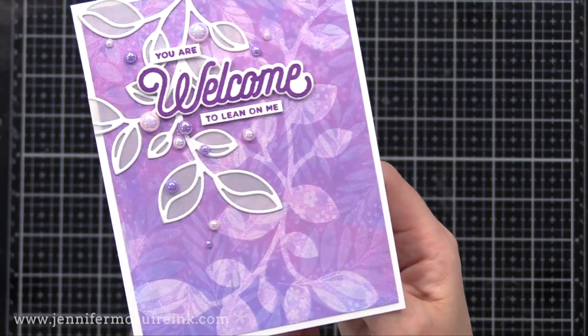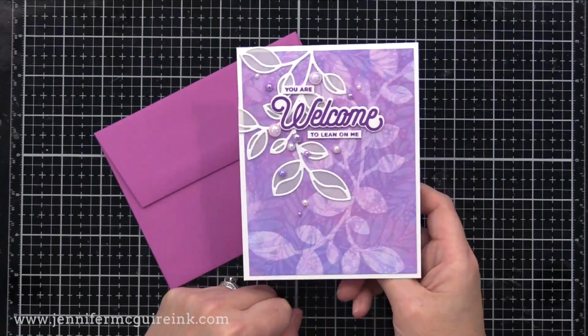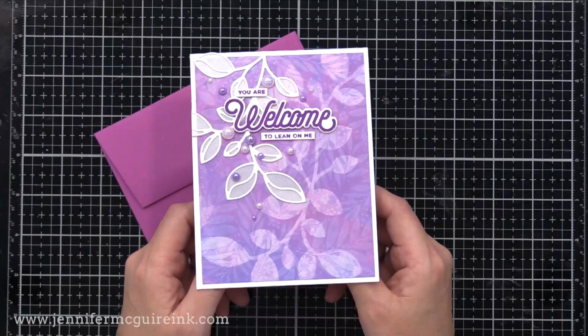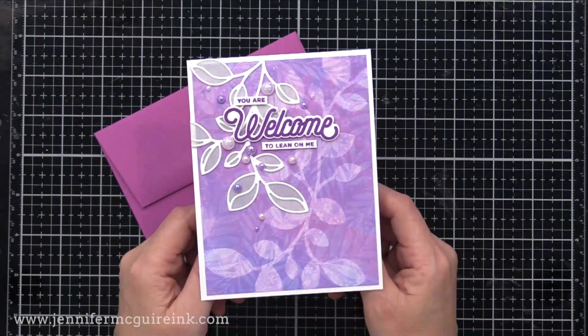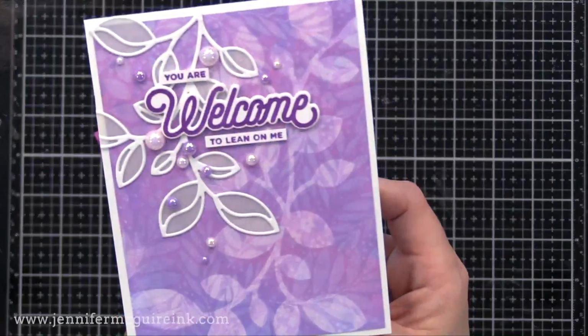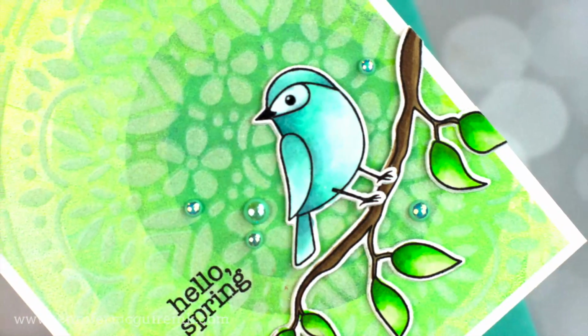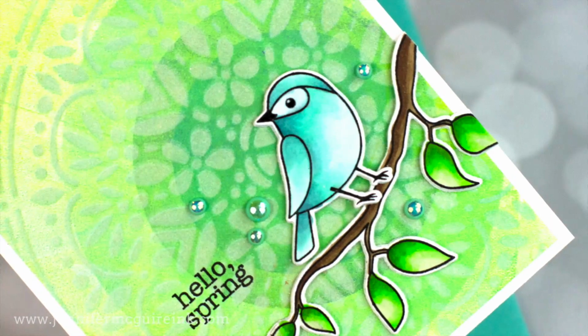It has this softness to it, and it almost looks like you could touch it and it would be soft. That's one of the fun looks about using your Distress Oxide inks and your white pigment ink with your gel press. Speaking of a look of soft texture, this next background really offers that, so I kept the card very